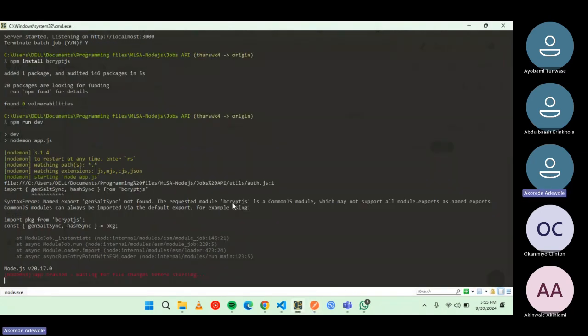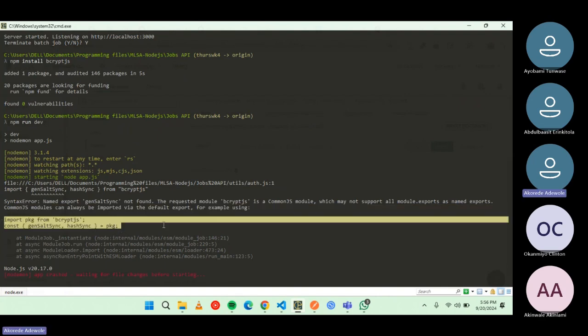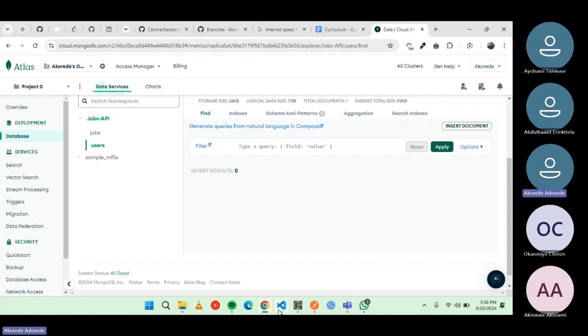The requested module named export genSaltSync not found. The requested module is, okay, which may not support all module.exports as named exports. CommonJS modules can always be imported via the default export. Okay, so it wants us to do this. I've never gotten that error before. So let me just see if we can